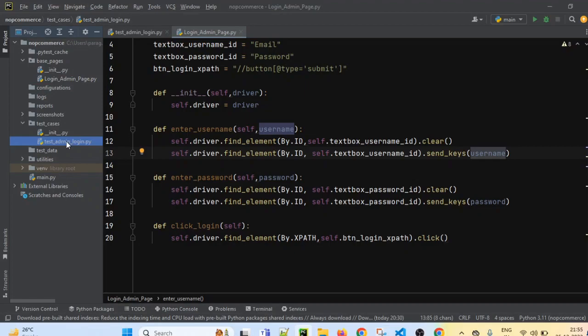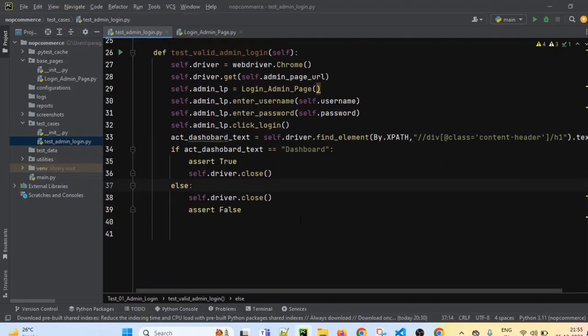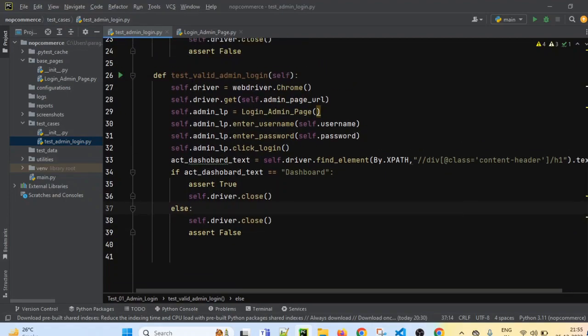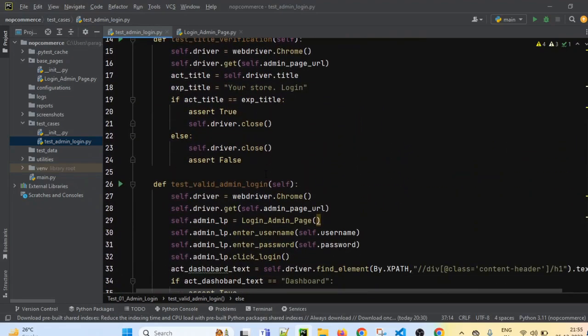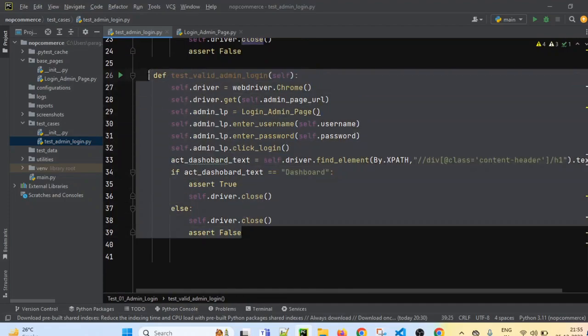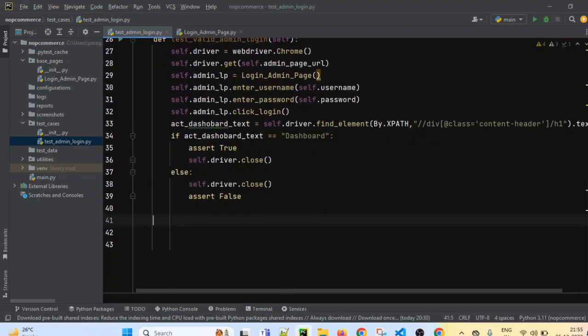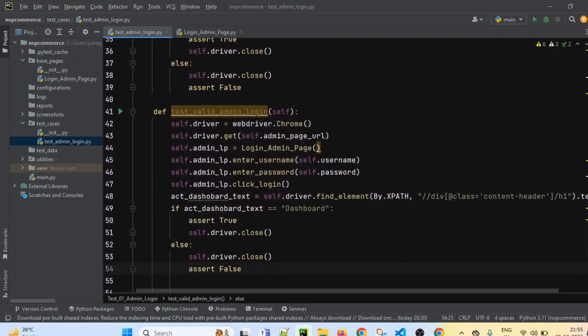So let's go back to our test case. So this is our test case. So now we have written the test cases for valid login as well. Now let's try to write test case for invalid login. So what I will do, I will just simply copy this one. Again I have to write this one. So I will just name it as test